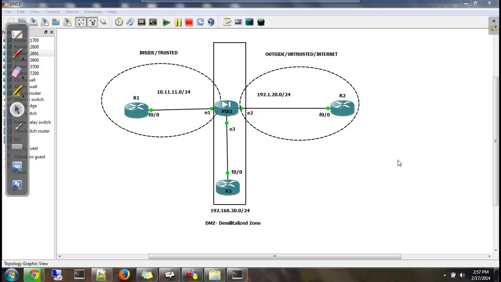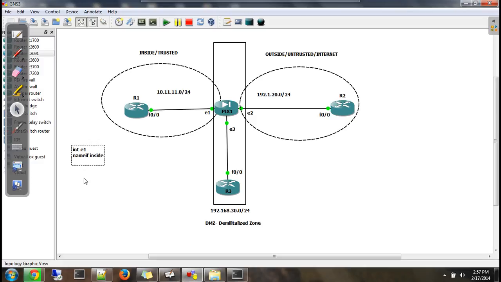So what I'll do next is I'll just configure these devices, and then we'll see what is DMZ. Okay, so let's configure this. I'll configure interface E1 of firewall with name as inside. Because of this, the default security level will be set to 100.